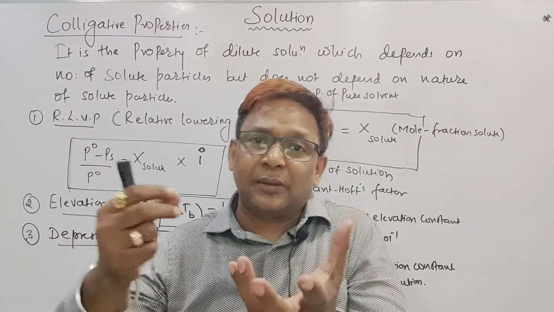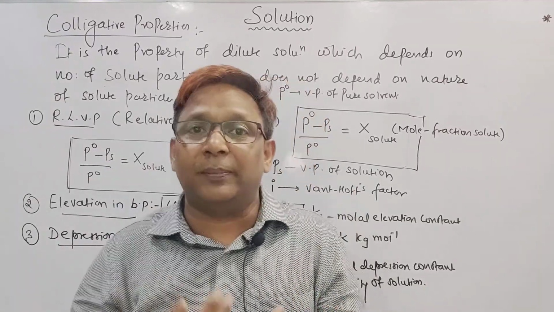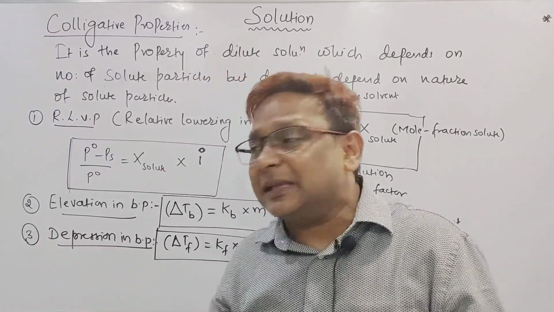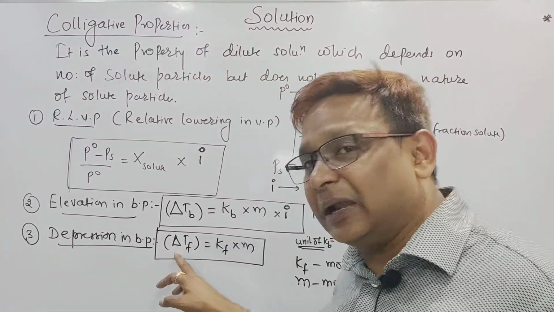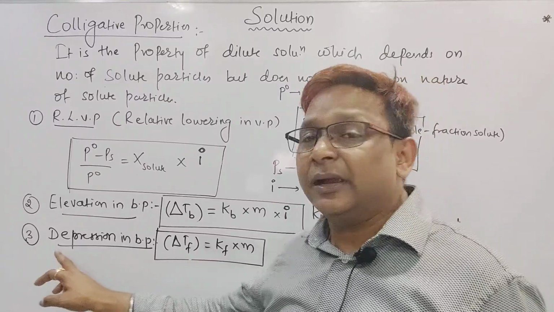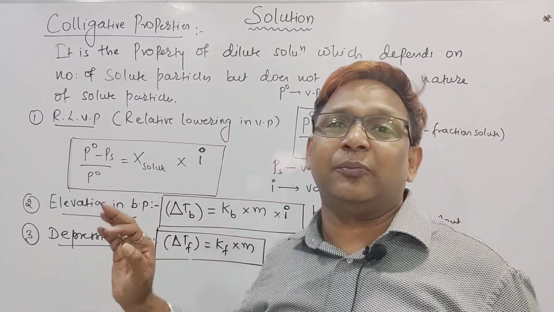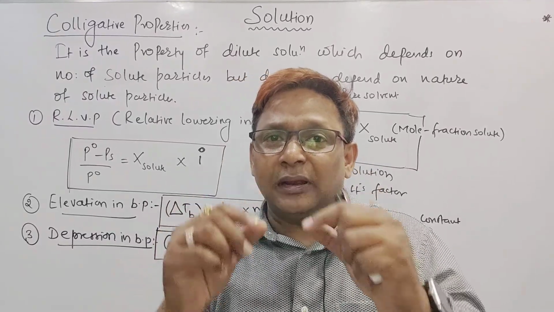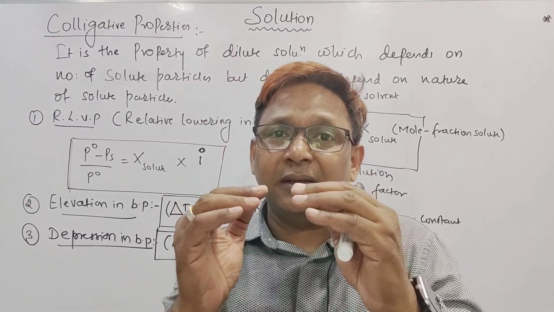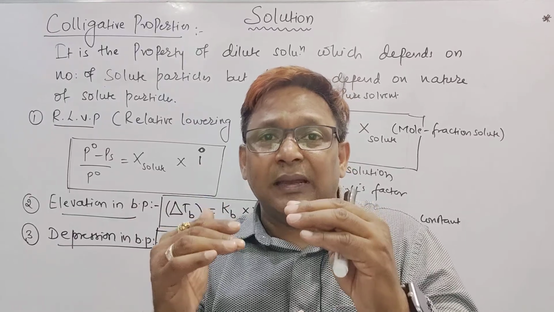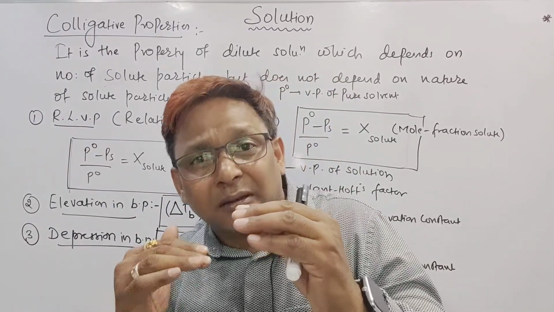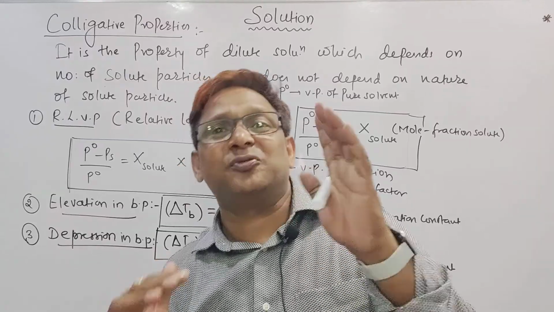But in that water, suppose you add salt, so the number of particles increases. So, beta, the freezing point will decrease, because this term delta TF itself indicates a depression in the freezing point, means freezing point decreases. Initially water is pure, it freezes at 0 degrees. As the number of particles increases, now it freezes at -1 degree. More number of particles, -2, -3, -4.